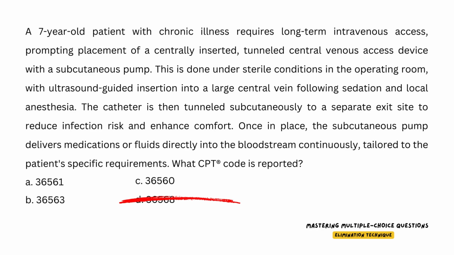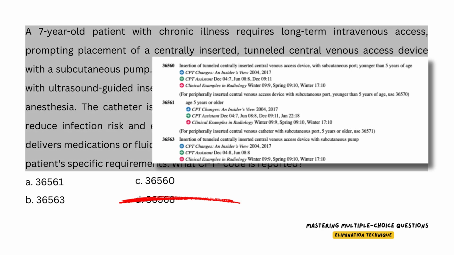Centrally inserted CVAs are further indexed into the non-tunneled and the tunneled. All of the remaining choices, 36560, 36561 and 36563, fall under tunneled insertions. Within this group of codes, further distinction is made as to what is attached on the free end of the catheter. Codes 36560 and 36561 are used if a subcutaneous port is attached, while 36563 is reported if a subcutaneous